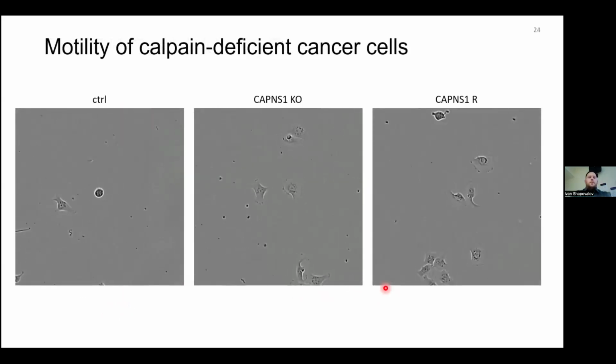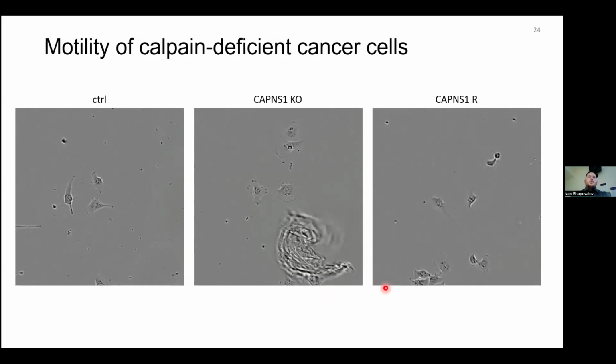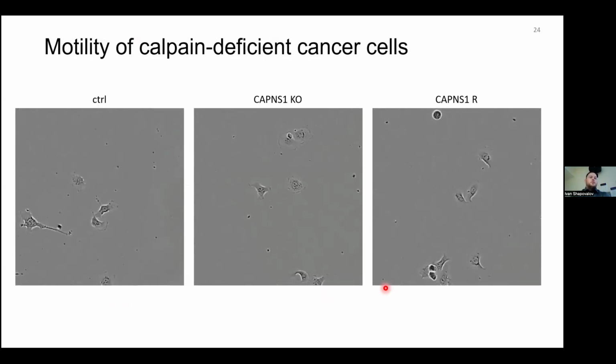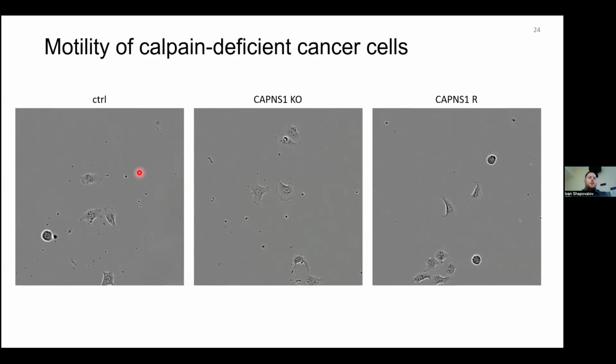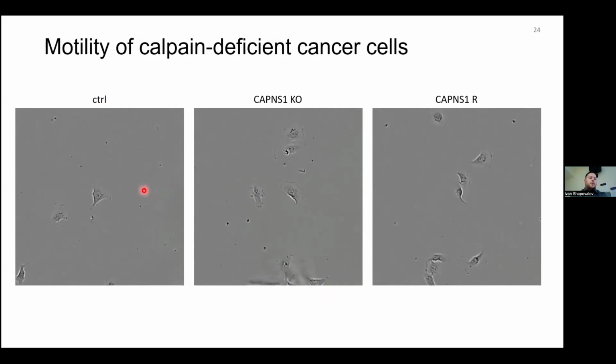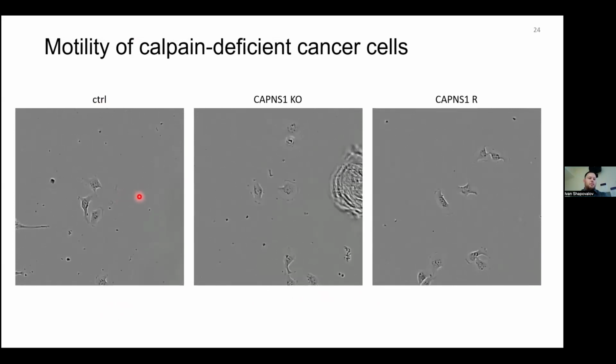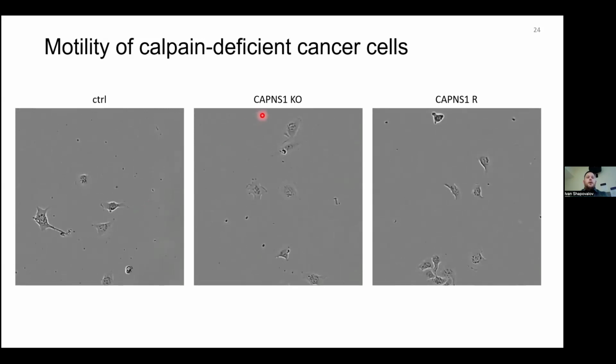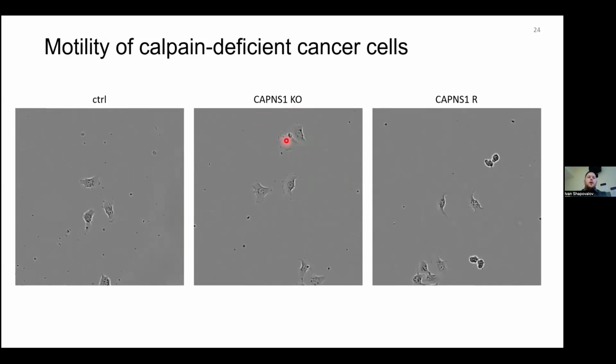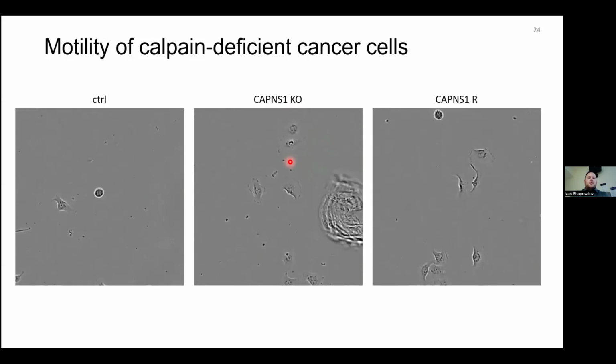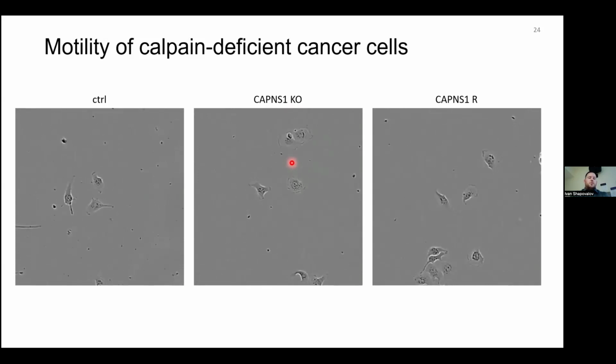The first phenotype that we looked at is the cell's ability to migrate on a 2D substrate. So here in the video on the left, you can see intact MDA-MB231 cells. You can see them extending lamellipodia, migrating. In Calpain S1 knockout cells, though, you can see that many of them stay mostly static, but perhaps more interesting